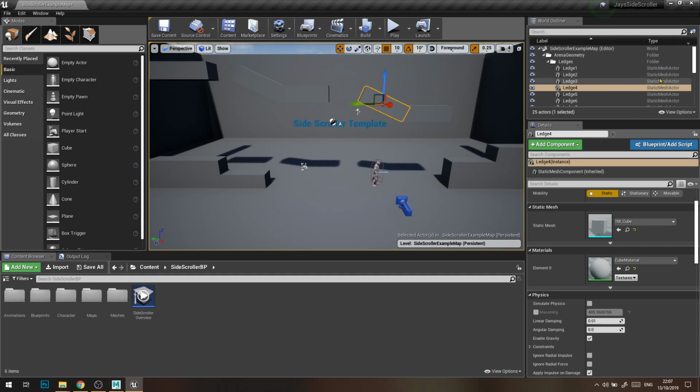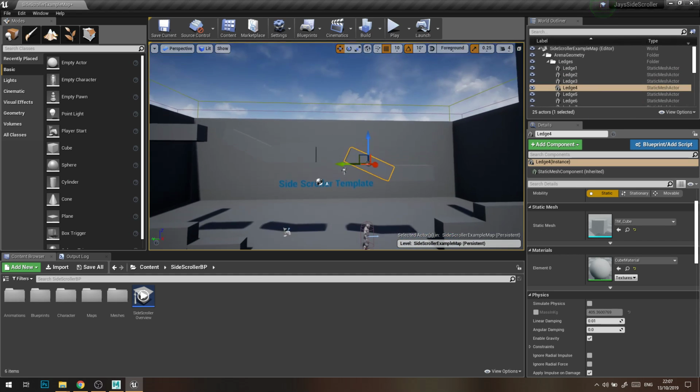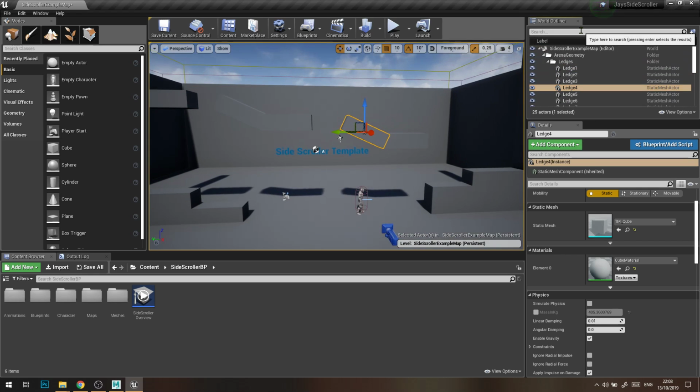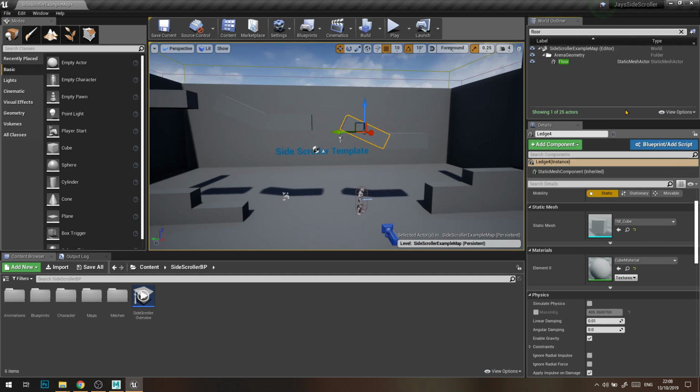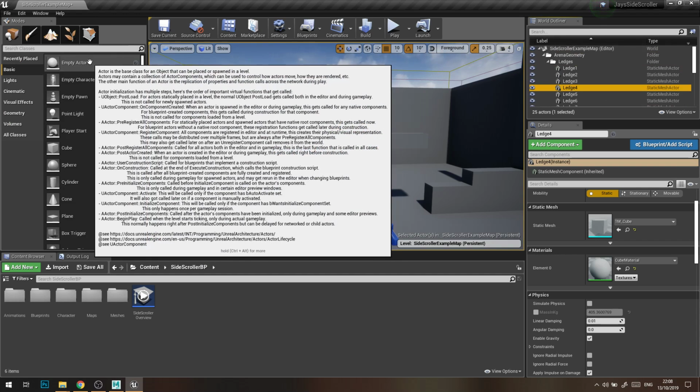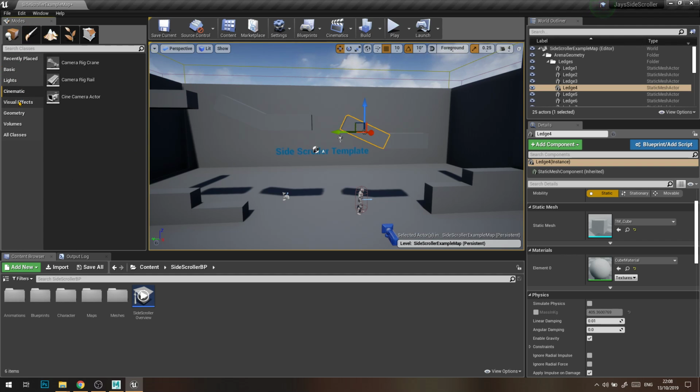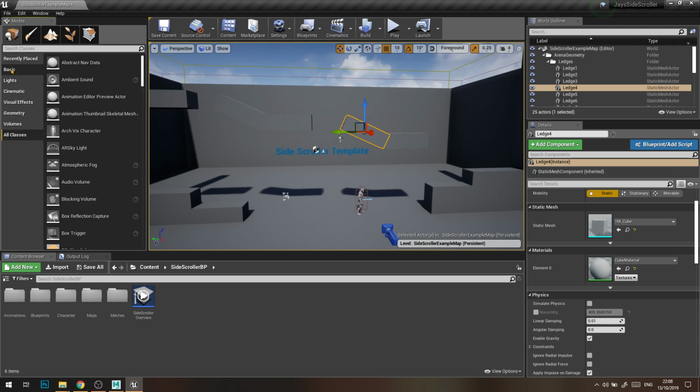At the very top, an outliner. So if our scene became really busy and we couldn't find an object, we could search for, I don't know, floor, and we could limit the objects being shown by name. On the left, just over here, is our toolbox or modes. At the moment, we should only be staying in the place mode, which gives us access to dragging out a load of different really useful tools. Right, so for today's lesson,